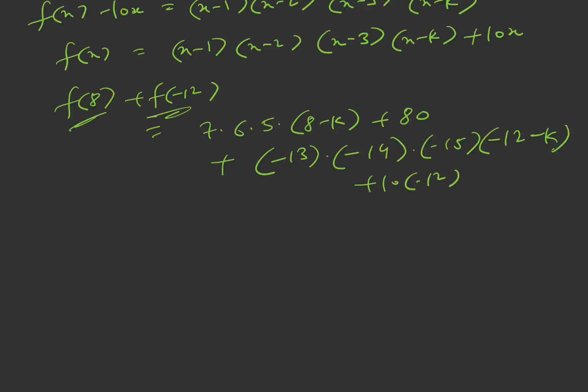I have just computed f(8) plus f(minus 12), putting x equal to 8 and x equal to minus 12 in this equation. Now I can express this as 7 into 6 into 5 into 8 minus 7 into 6 into 5 into k plus 80, and this is, say,